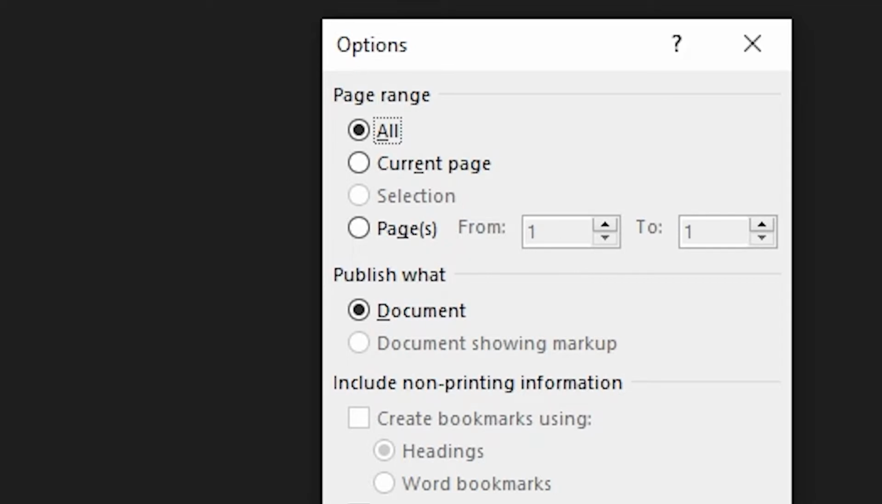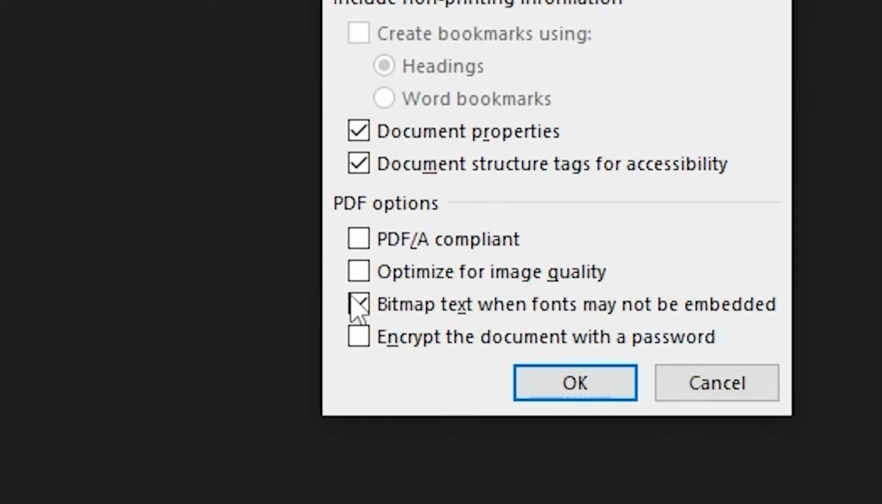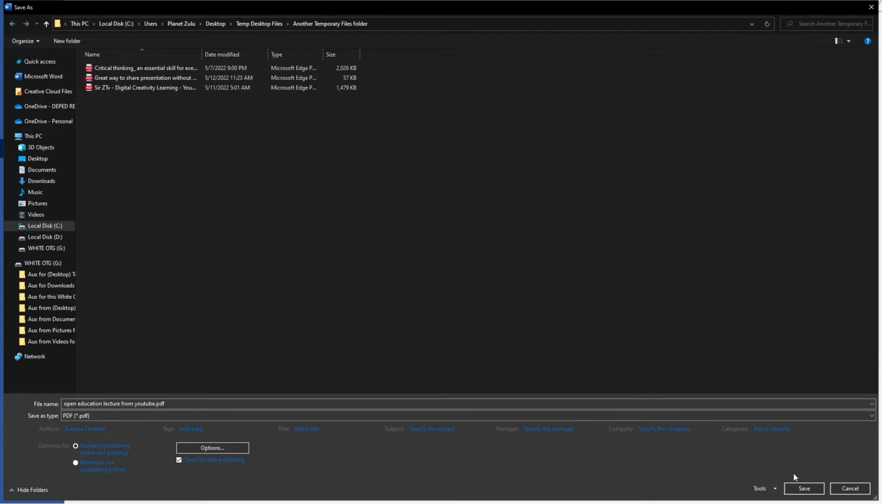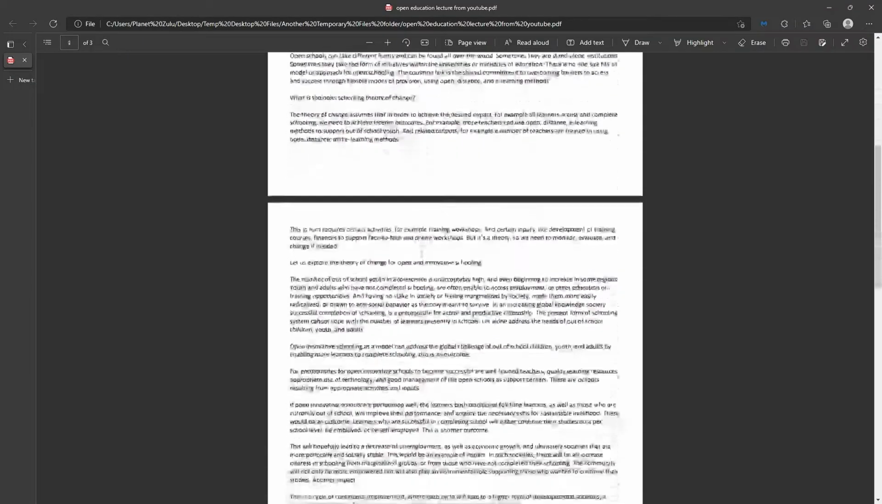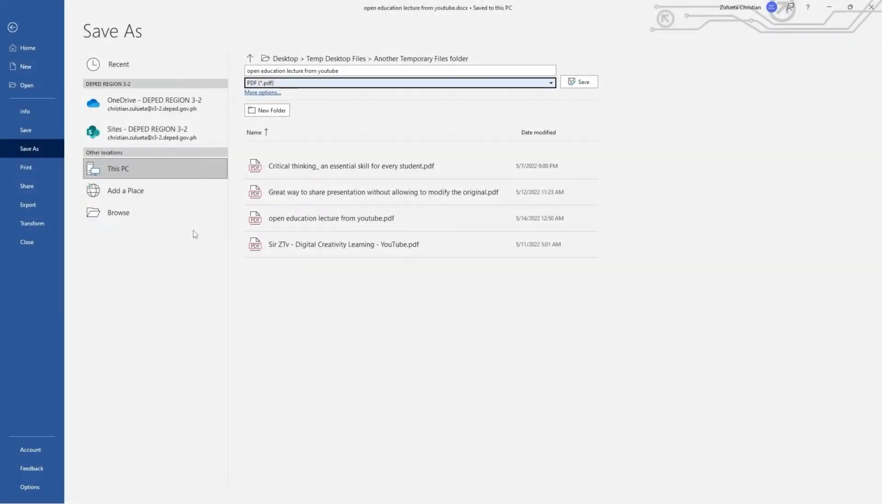Never mind the next options, but for Optimize for image quality down here, it's up to you if you will tick or leave this box unchecked. For me, I'll just leave it unticked or unchecked. Hit OK and then hit Save. And there you go. If you're still back here and the indicated destination is not where you want the PDF